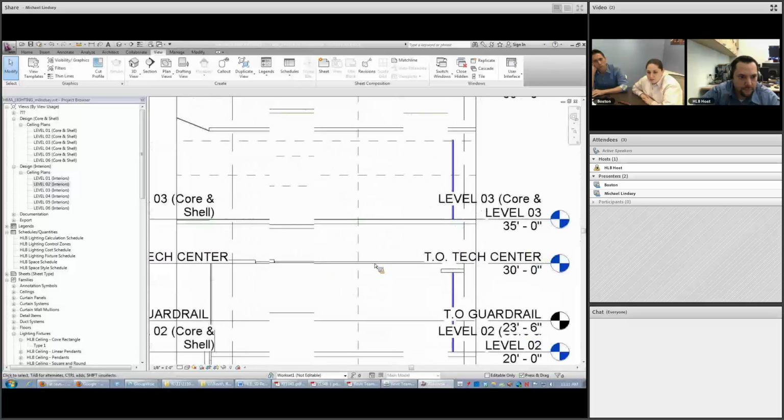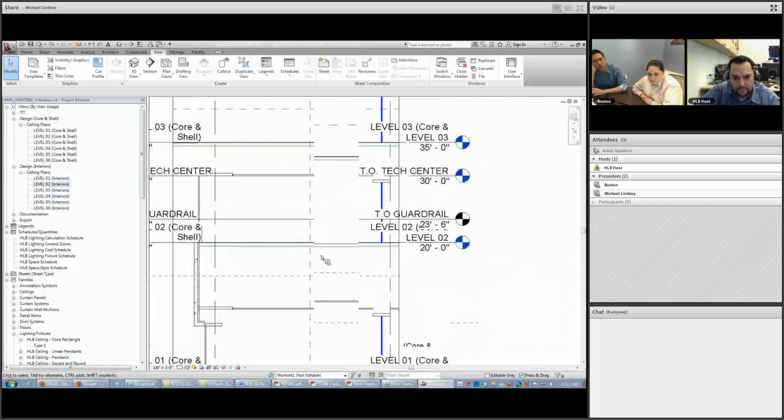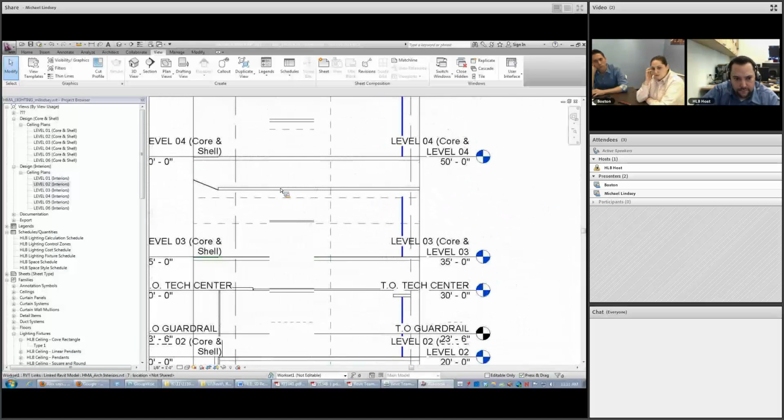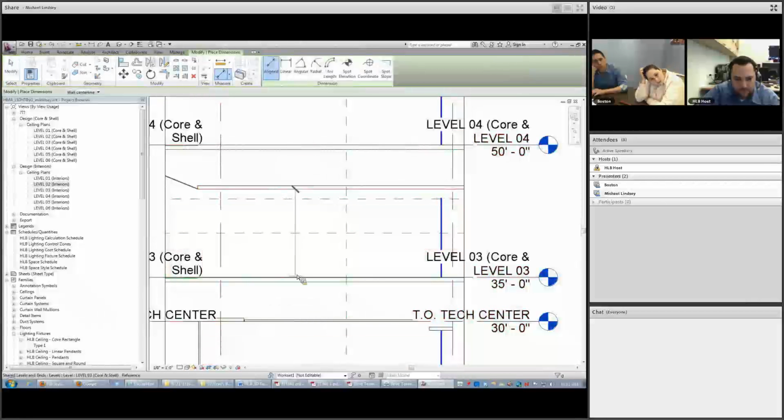See, so for me, we do have here, for instance, our actual ceiling. It's a 10-foot ceiling that then slopes out to the curtain wall.